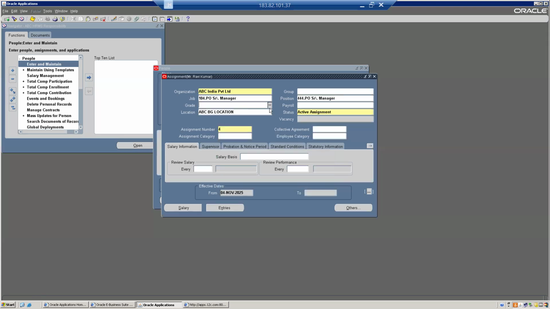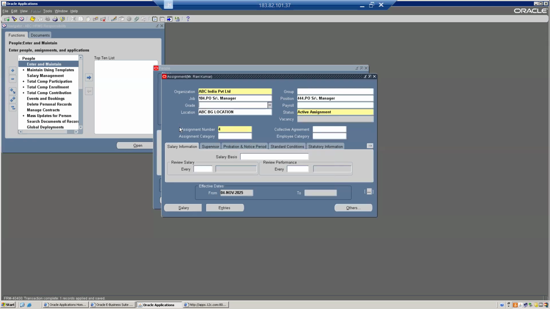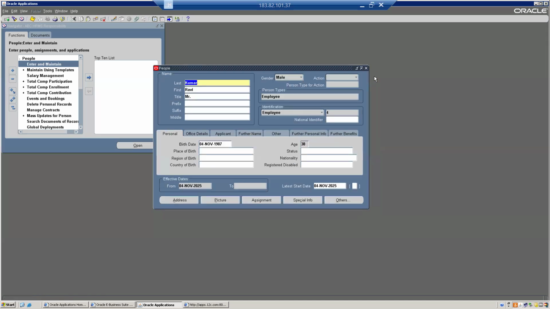Either you click update or correction, that's fine. You go for clicking correction. Save it. Yes, just a note, just ignore it and save it. Okay, senior manager we defined. Next is